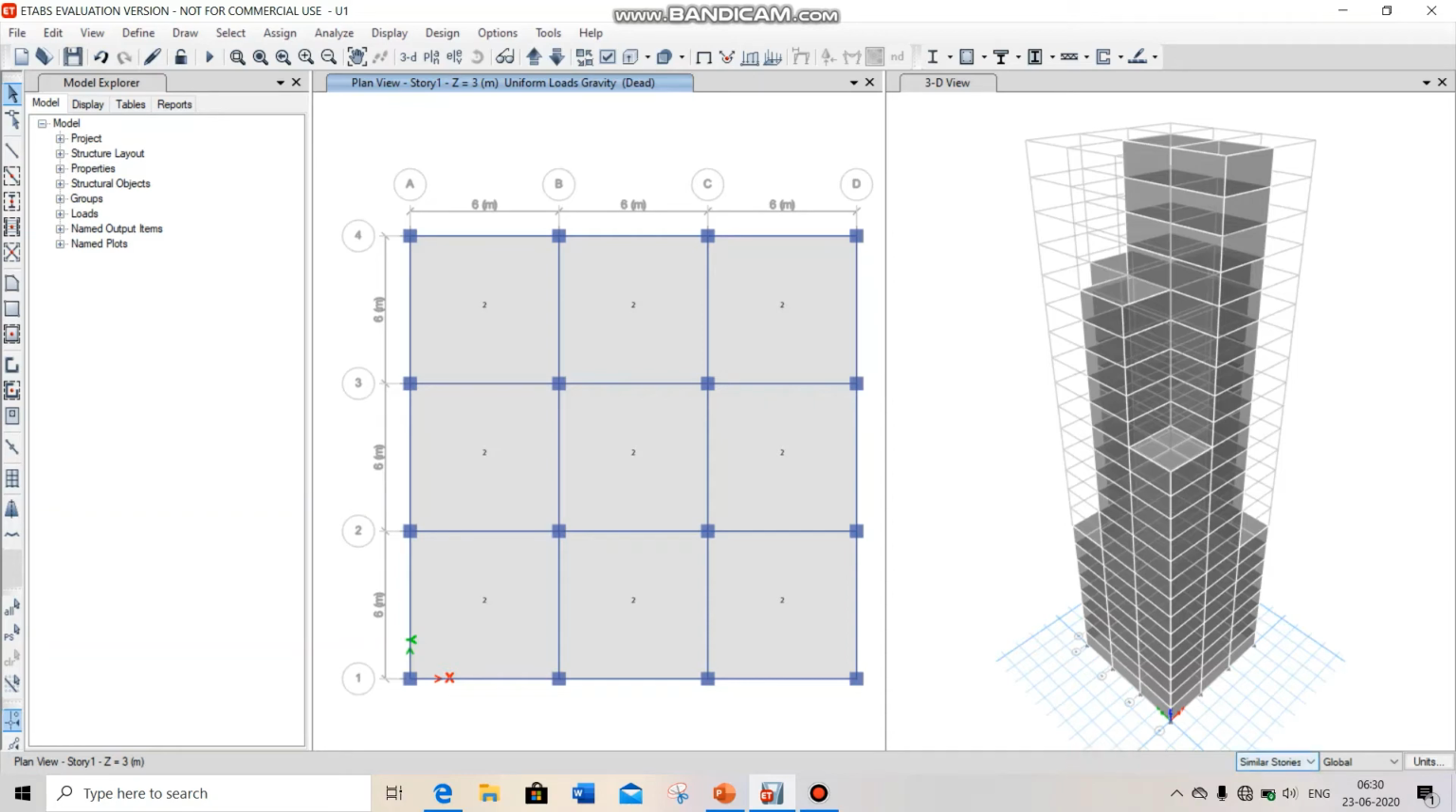Here I choose the similar stories option, and now choose all the shells of the slab from any story between 1 to 8. Now I choose story 1, and now select all the shells. After selecting all the shells, you can verify in your left hand bottom corner that 72 shells are selected